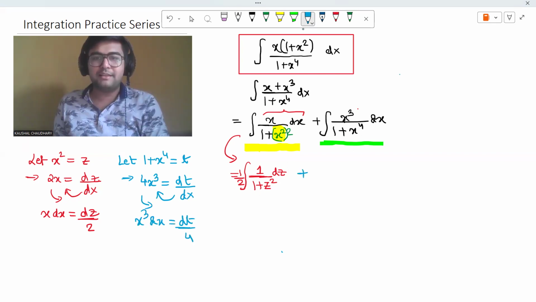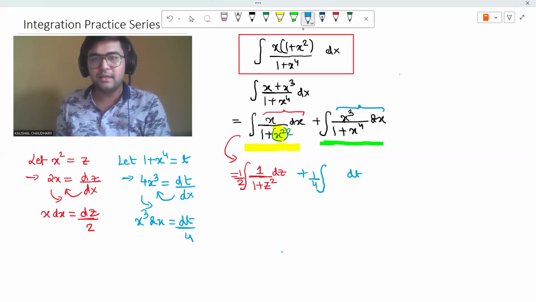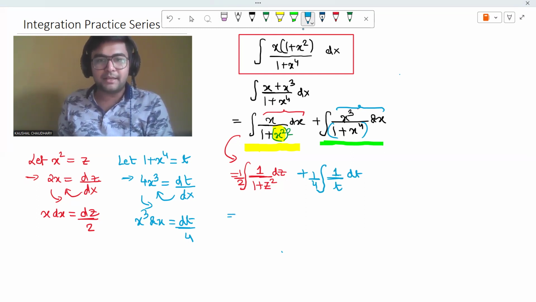Okay. So I will get integration of x cube into dx can be written as dt by 4. So dt inside the integral, 1 by 4 outside. In the denominator, I will have the whole quantity 1 plus x to the power 4 taken as t. And in the numerator I'll get 1 as it is. Okay. So basically I am getting half